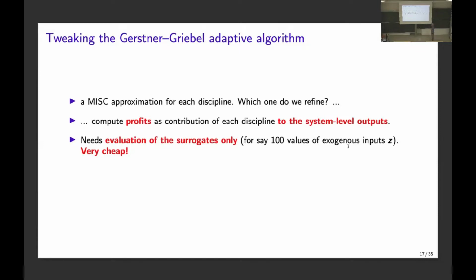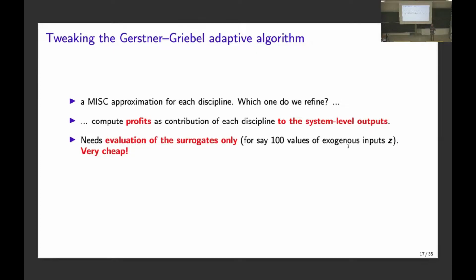But the point is, if I want to decide which model I need to refine, a good idea is to choose which model I want to refine with respect to the overall outcome. So in general, if I have MISC, I would say I refine each MISC until the output of that submodel is within a prescribed tolerance.